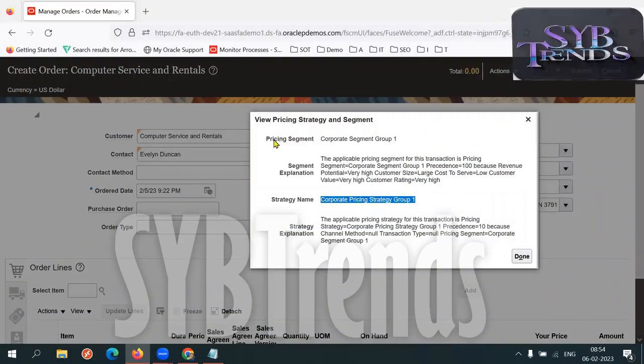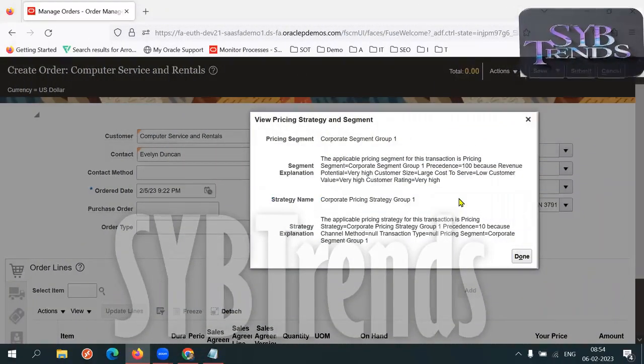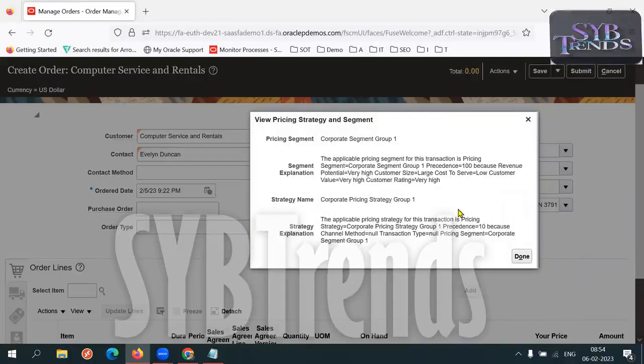In Fusion, it will display pricing segment and pricing strategy. It won't display price list in the sales order. So the moment you enter the customer, immediately the application identifies the pricing segment and pricing strategy